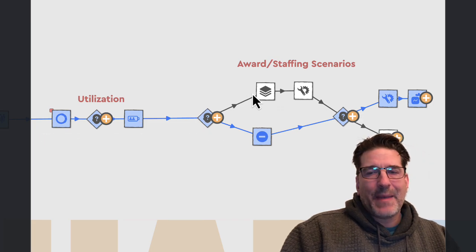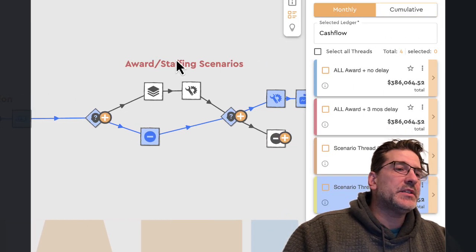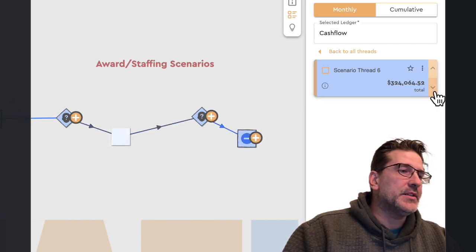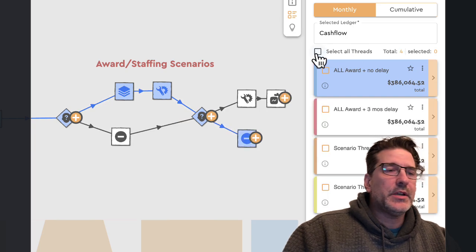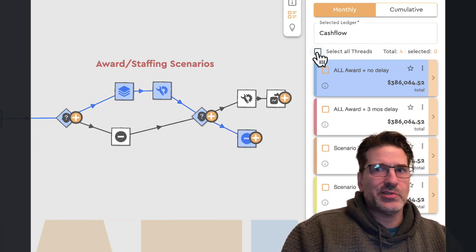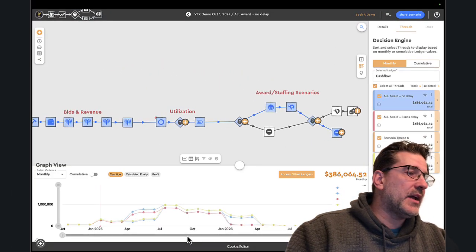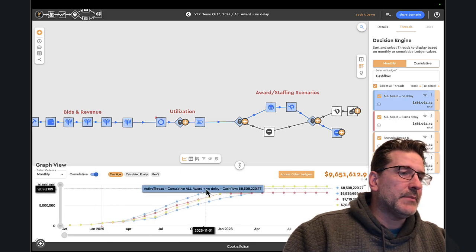Every single unique path through this canvas represents an individual scenario. So in this very simple model right now, I have 4 different scenarios. And each of these is a different version of the multiverse, right? But we're calculating all versions of the multiverse all at the same time. So for example, if I turn these on and I pop up my fancy graph, I can see all 4 cash flow models here, for example, all at the same time.